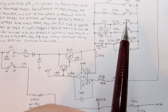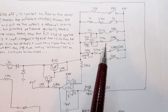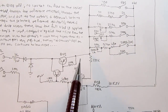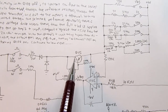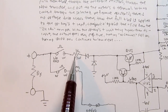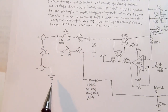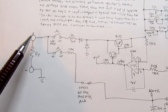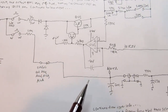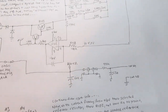We can see here that we start out with a plus 6 volt power rail. We go through one of several different reference resistor paths depending on the range switch. We flow through this transistor here. It's a series pass transistor, through some protection diodes and a resistor here, through an ohms switch, out through the resistor under test and back to circuit common. And the voltage measured between here and here is tapped off through this and runs off to the input of the A to D converter. I should probably write on there that that's the